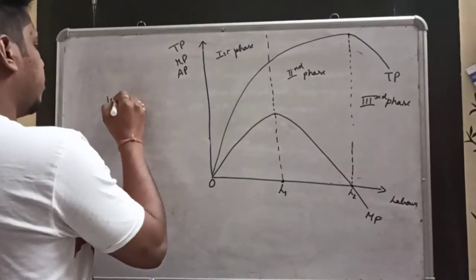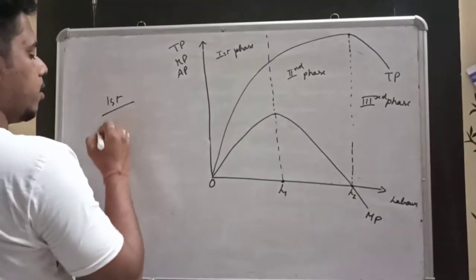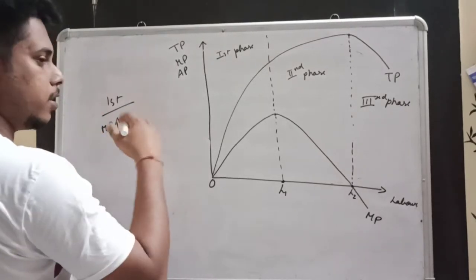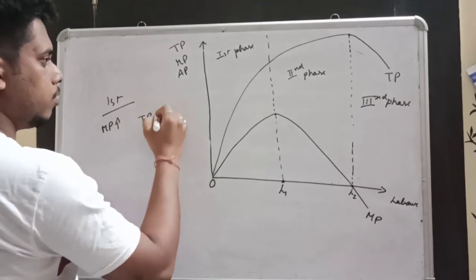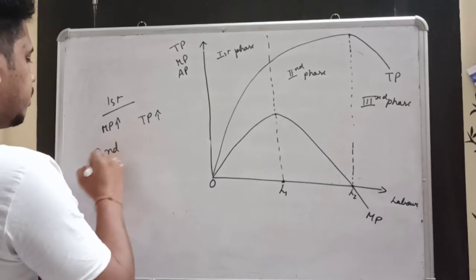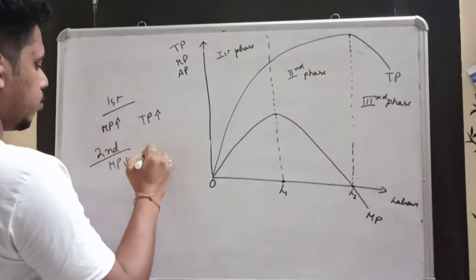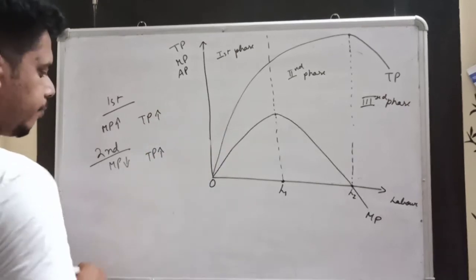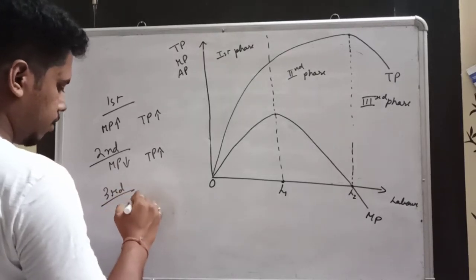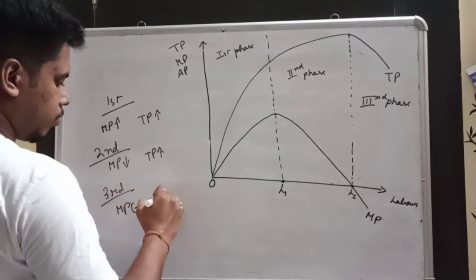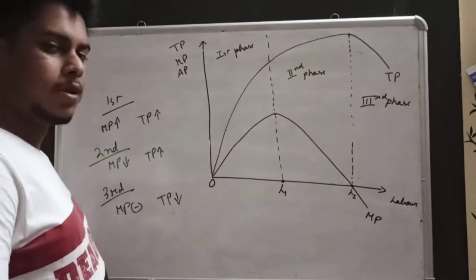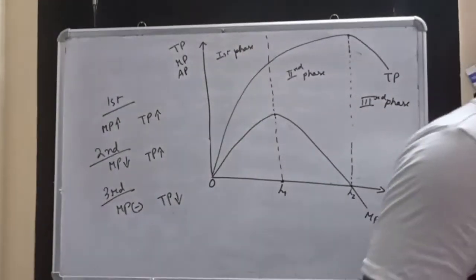So in the first phase, what are we witnessing? Marginal product is increasing and total product is also increasing at an increasing rate. So this is the first phase. In the second phase, what are we witnessing? Marginal product decreases, total product increases but at decreasing rate. In the third phase, marginal product becomes negative, total product starts falling. So these are the 3 phases of law of variable proportion, and the extensive and the detailed study of this